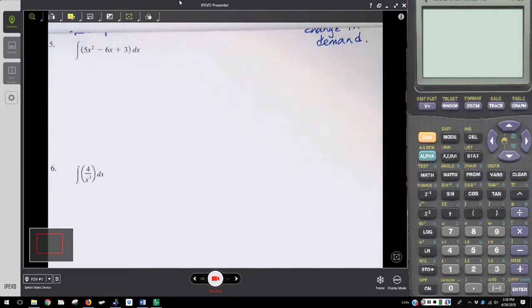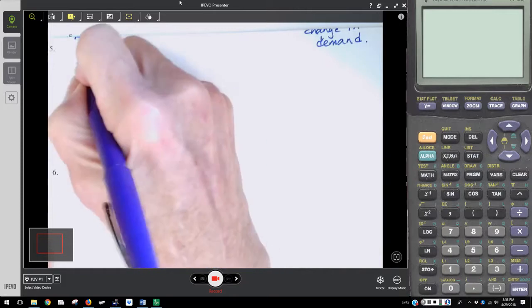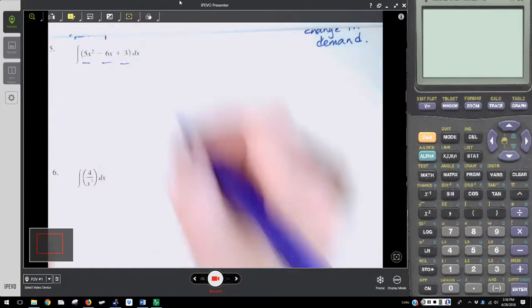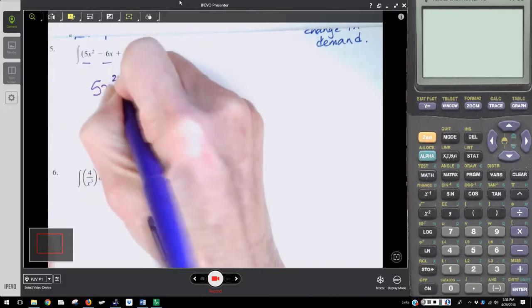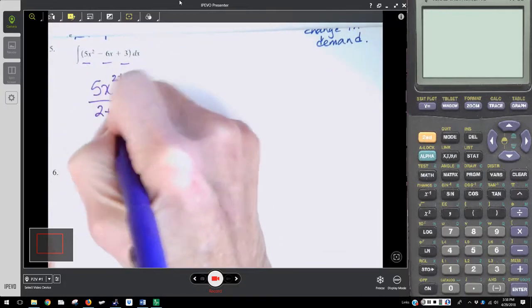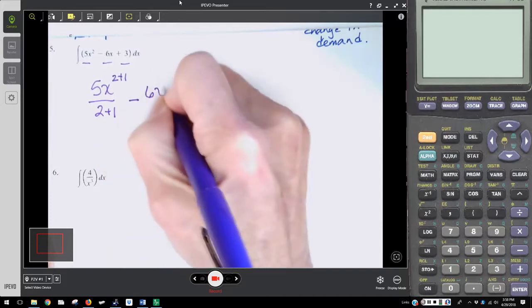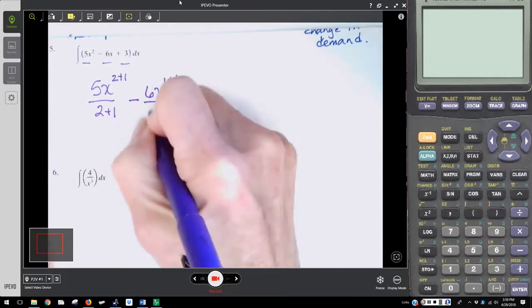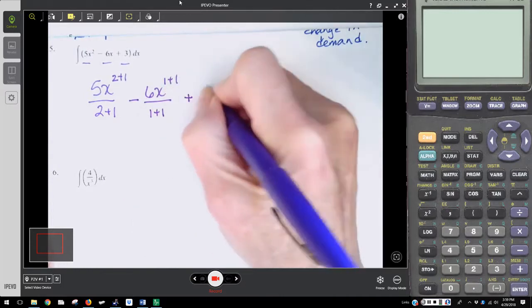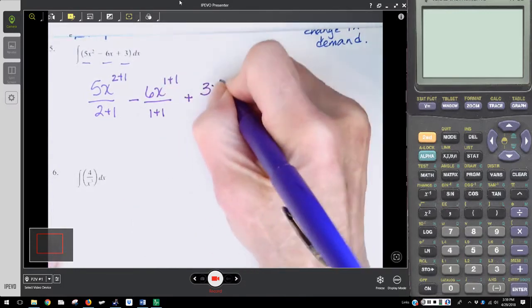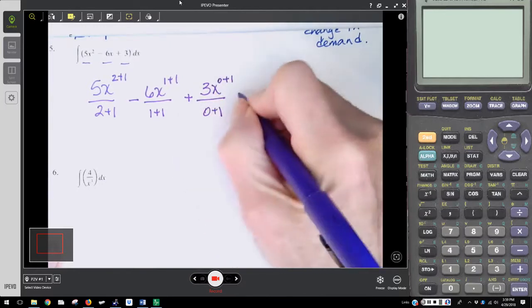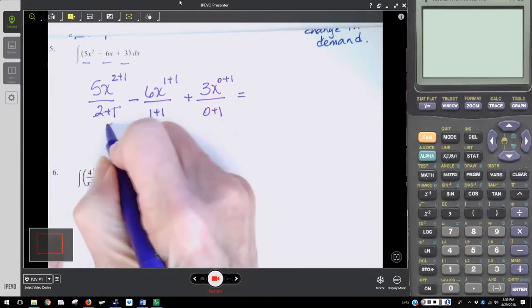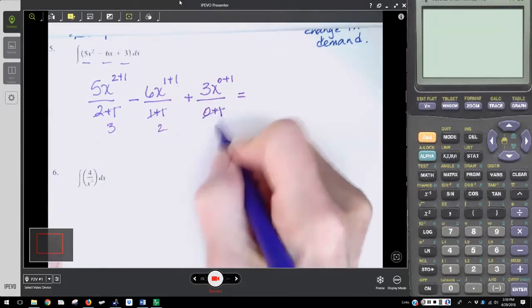So the next couple of problems are fairly straightforward integration problems. Number 5 is simply to use the power rule. So we will integrate each term, one term at a time. The integral of 5x squared is 5x to the 2 plus 1 over 2 plus 1 minus 6x to the 1 plus 1 over 1 plus 1 plus 3, and remember that's actually x to the 0, so we add 1 to it, which tells us then that since this is 3, 2, and 1,